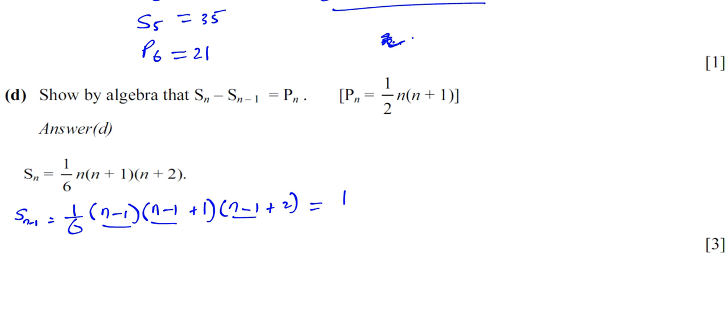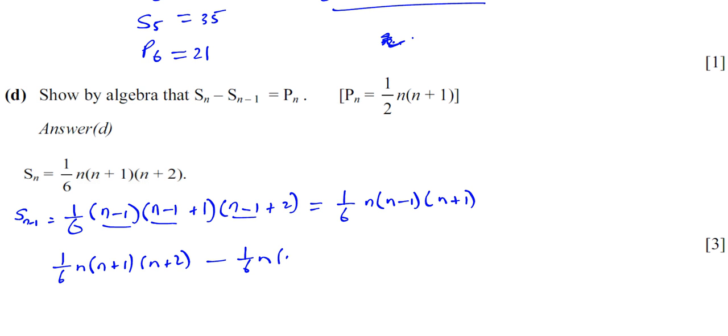You have 1/6 times, this will give you n minus 1 plus 1 gives you n. Then you've got n minus 1 times, and you've got n minus 1 plus 2, which is n plus 1. Okay, and it says show that when you subtract these two, so I'm going to write Sn first, so 1/6 times n plus 1 times n plus 2 minus 1/6 times n minus 1 times n plus 1. Now, to show that it simplifies to this,